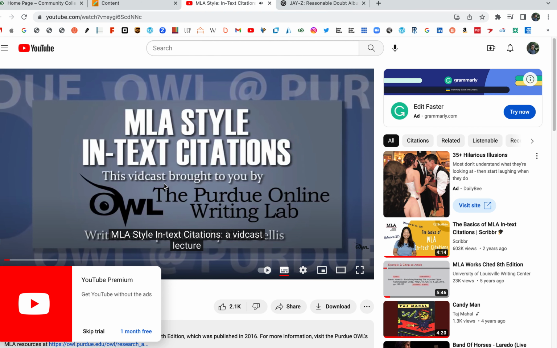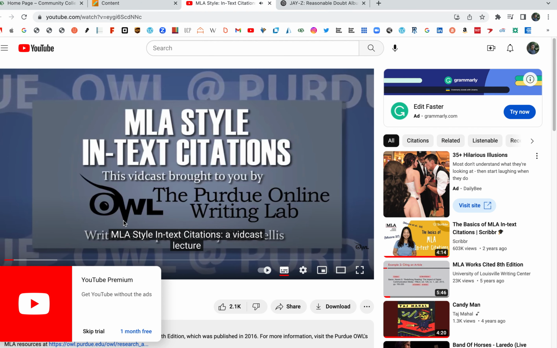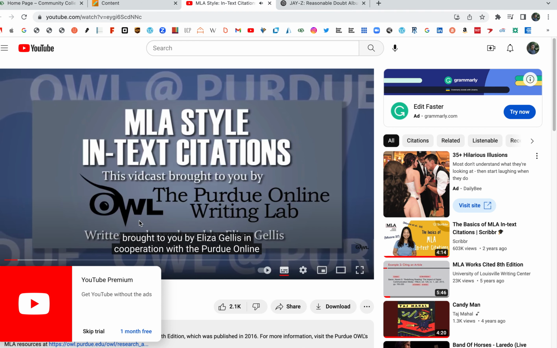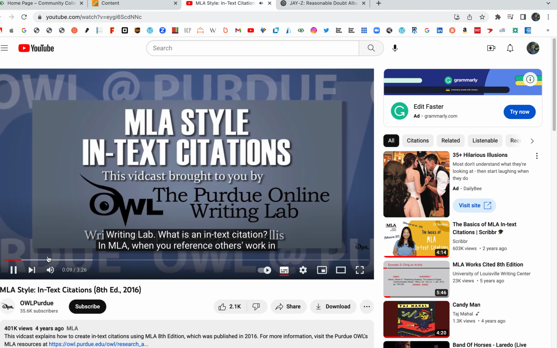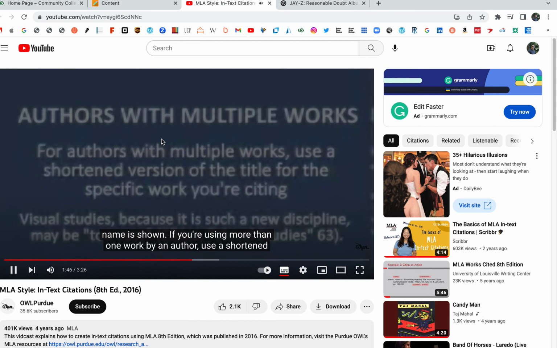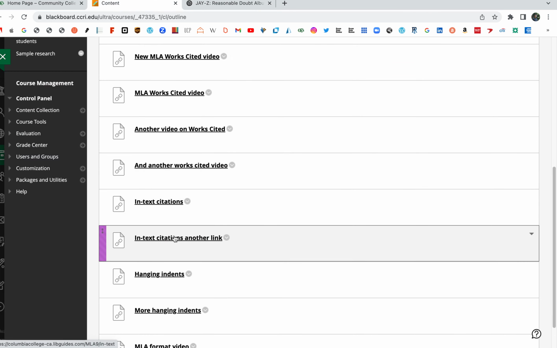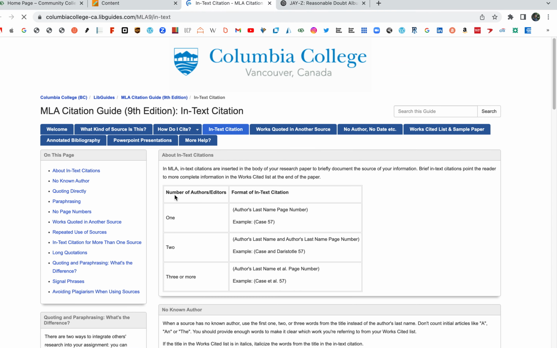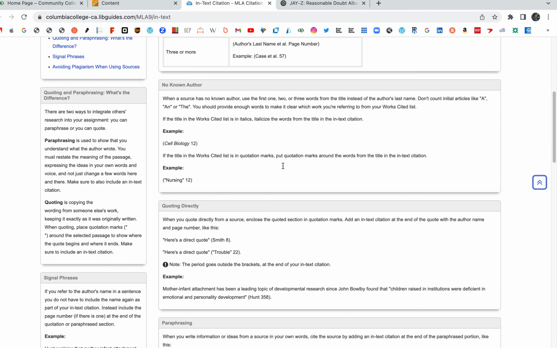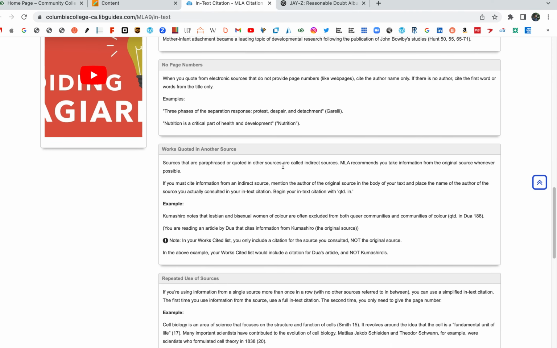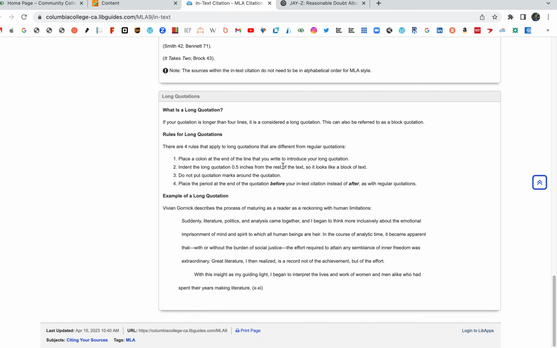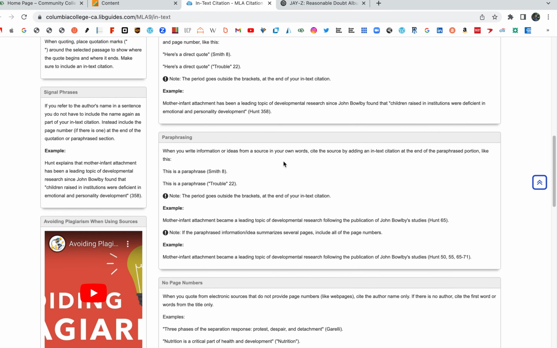We're doing a meta moment. You're watching a video, which I'm not going to do. But please, this video, it shows you exactly what to do. And if you see on the side here, we have MLA citations from Scribbler and so on. That will walk you through in-text citations, another link. So here is another source with in-text citations that walk you through everything here.